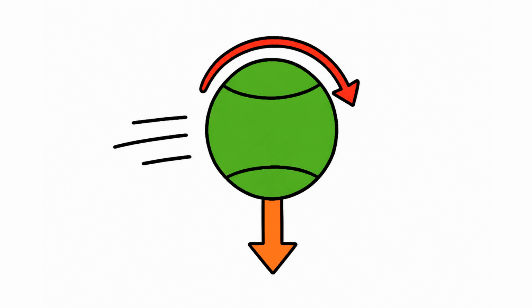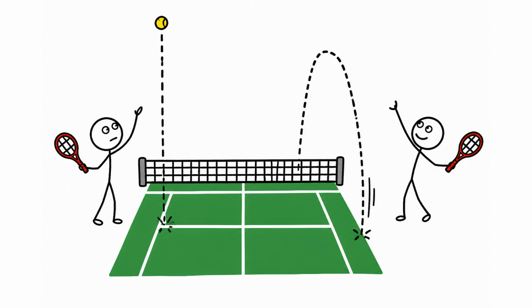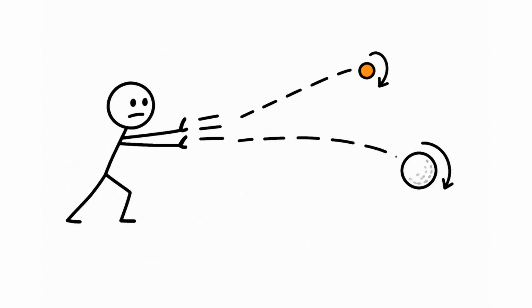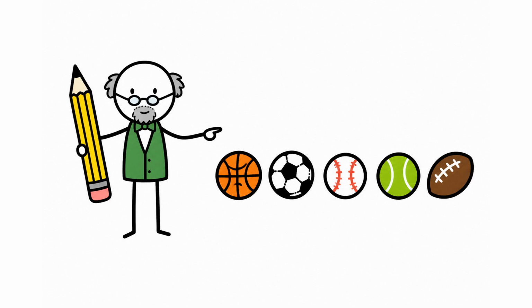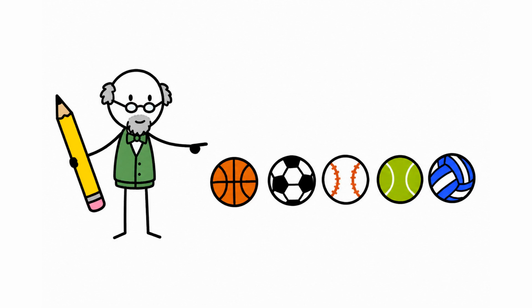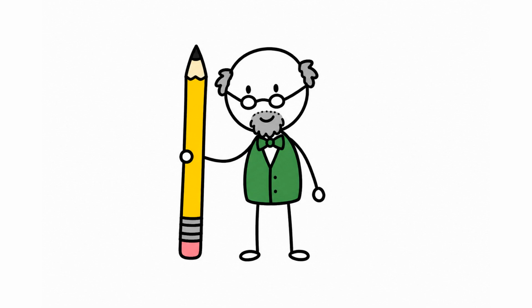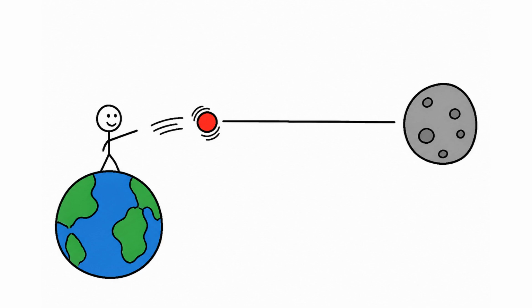Now let me be honest with you, the grown-up version, because the real world is always a little richer than the neat story. This whole thing depends completely on the air. Take the ball to the moon, where there is no air at all. Spin it as hard as you like, and it will not curve 1 inch. With no air to grab and shove, there is nothing to push it, and gravity just pulls it down in a plain, boring line. The air is the entire secret, and the ball needs to be able to grip the air a little, which is why a smooth, slick ball curves poorly, but a baseball with its raised stitching, or a tennis ball with its fuzzy felt, grabs the air beautifully.